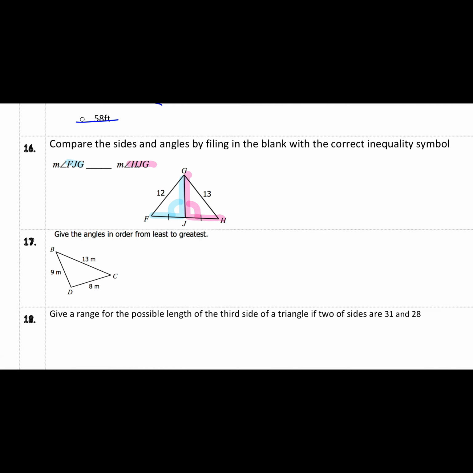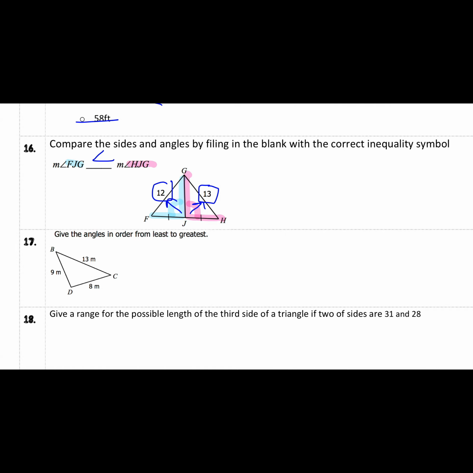And we know already that the corresponding side to that angle is the side that it is across from. So if we want to compare these angles, we can actually just compare their sides, because their sides are relative to their angles. That means a smaller side is a smaller angle, a larger side is a larger angle. So in this case, FJG has a smaller side, so it has a smaller angle. Means FJG is less than